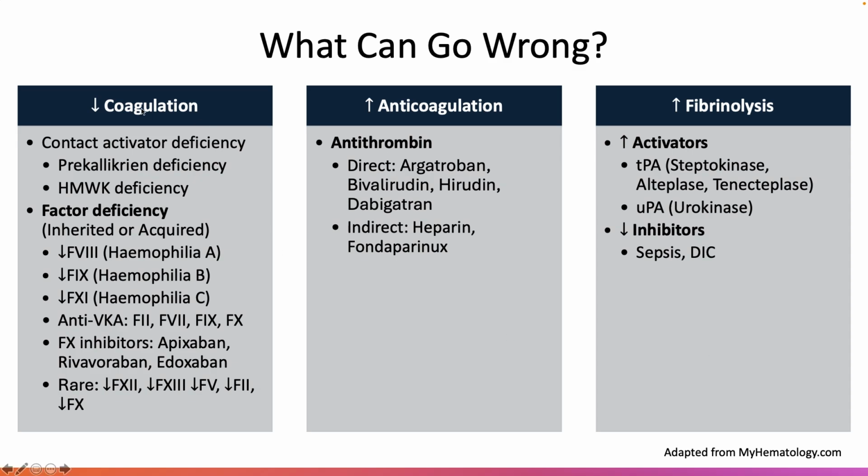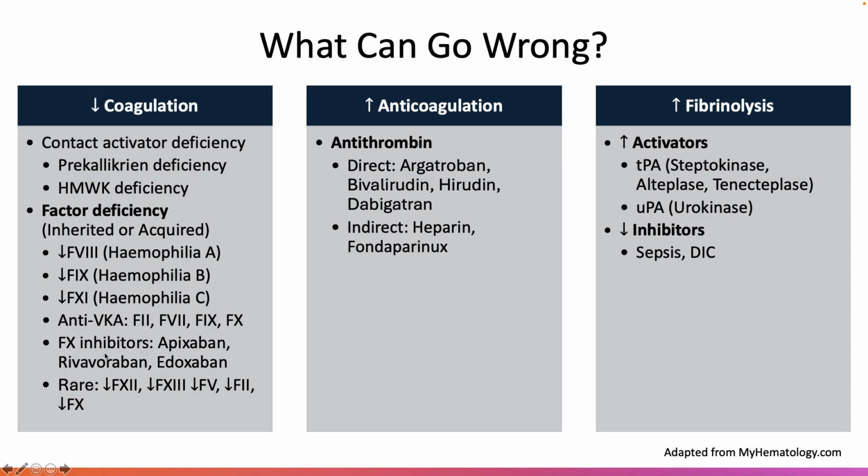So the first thing is perhaps in the coagulation pathway, the patient does not have enough clotting factor as well as contact activator. If the contact activator, talking about prekallikrein or high molecular weight kininogen, is deficient, it usually has a very mild form of bleeding. But the main part of this coagulation cascade issue is factor deficiency, be it acquired, inhibitor, or inherited. The commonest is still factor 8, which is hemophilia A, factor 9 hemophilia B, factor 11 is hemophilia C, and